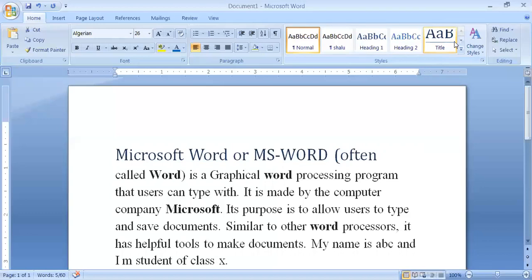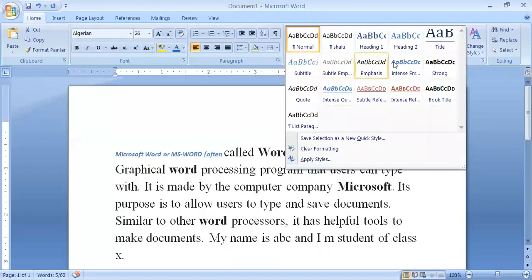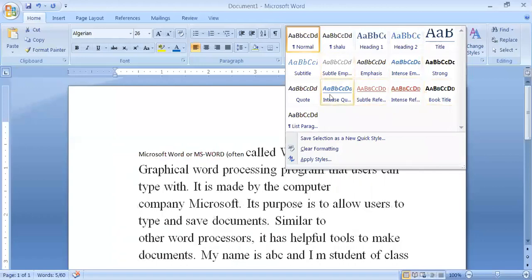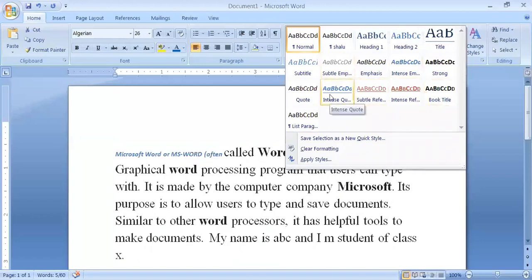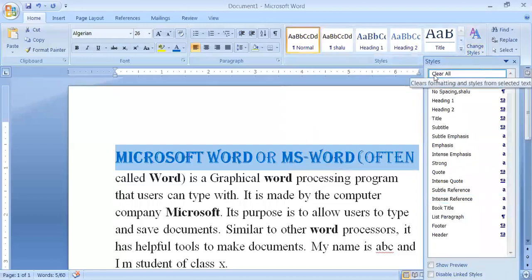Now, the Word offers some predefined styles, as you can see here, and the Word offers many types of design and styles here. And if you want to create your own style, you can do it. So how can we select our new style, or how can we create our new style? First of all, there is an option, Change Style. Click here, and from here you can see a variety of styles are given.